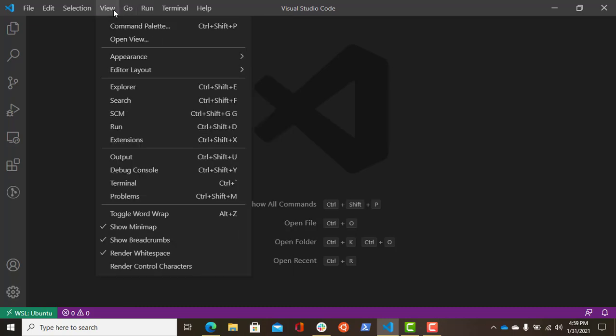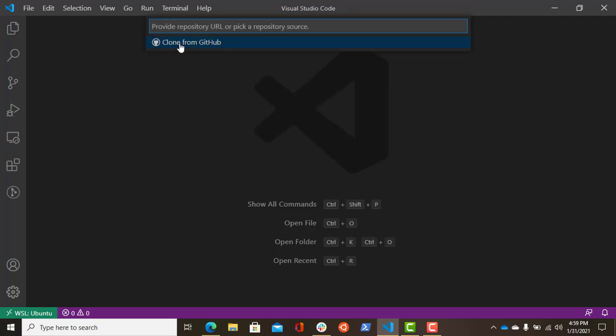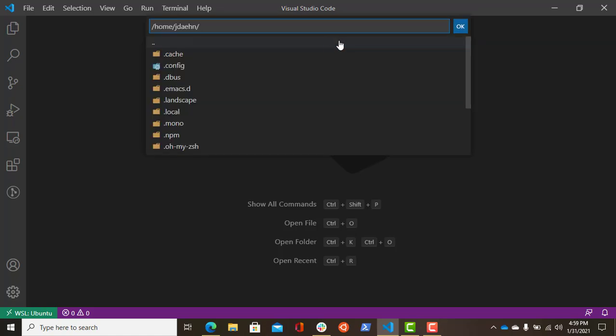So if we go to View, I can bring up the command palette, and then I can choose Git clone. You can see I've done this recently. So Git clone, and then I need to specify the URL. So I'll just paste what I have here, and then it's going to ask me where I want to put it. I've opened up Visual Studio Code here from within my Ubuntu